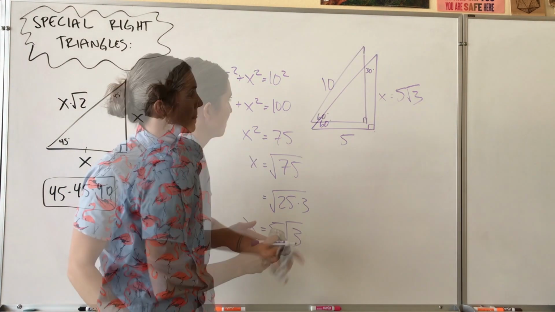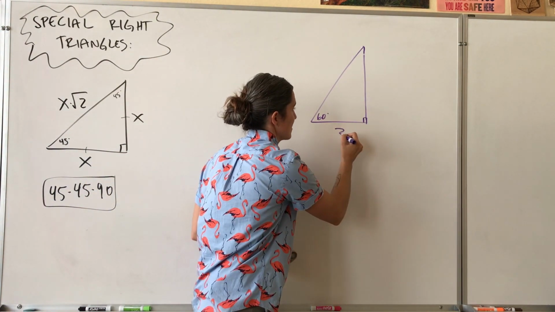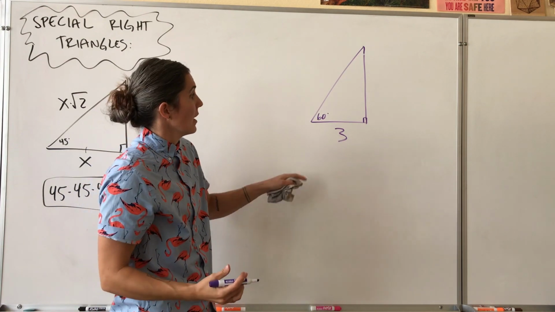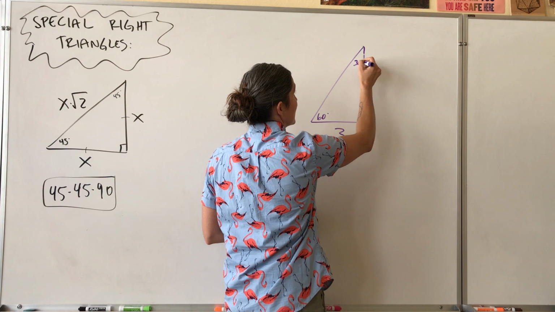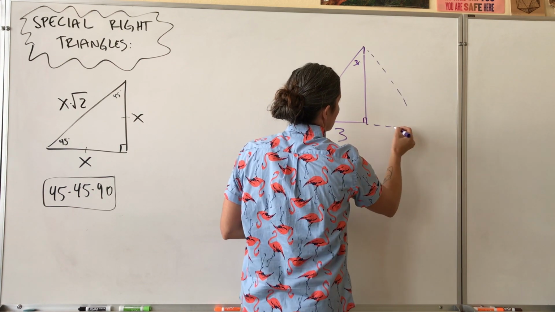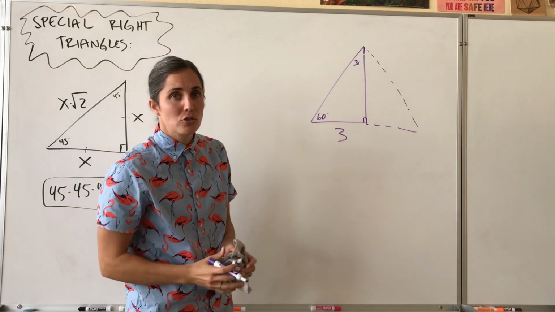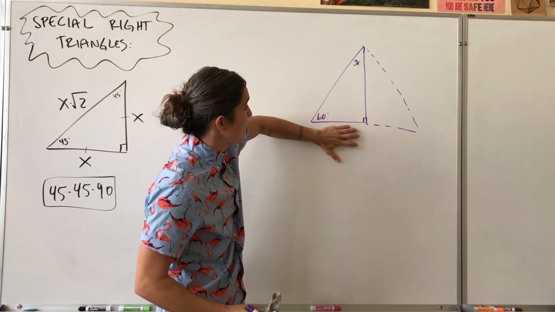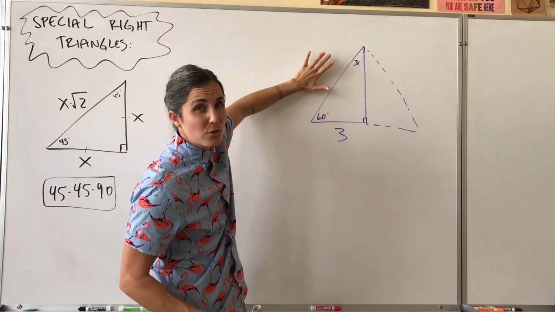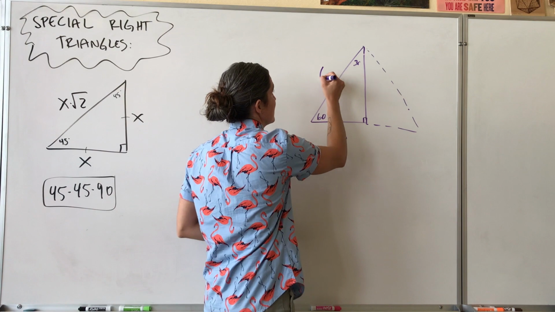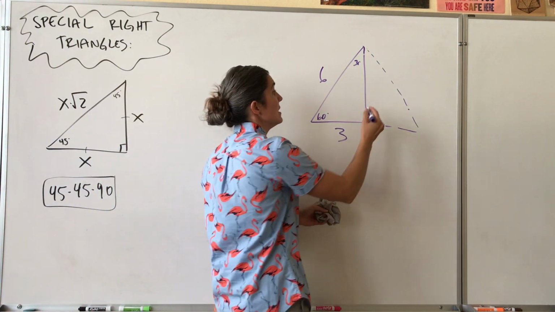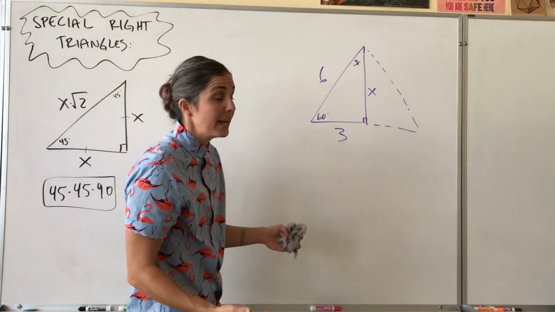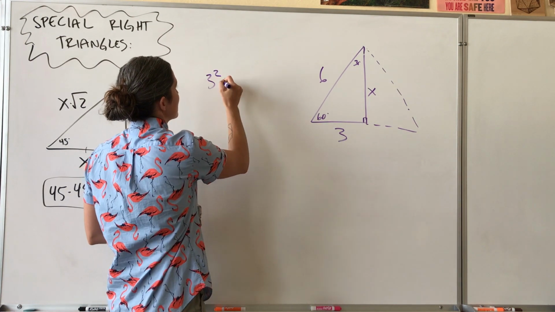Let's look at that one more time. This time, let's say the base is 3. And because we are great visualizers, we know the 30, 60, 90 right triangle is half of the equilateral triangle, which means this base was half of the hypotenuse, so the hypotenuse would have been 6. Each side would have been 6. And once again, solving for that missing side would look something like